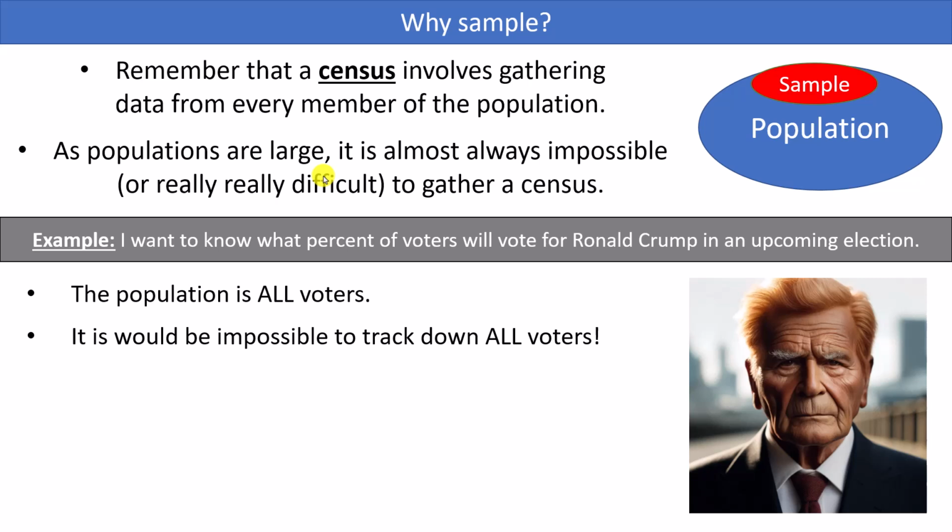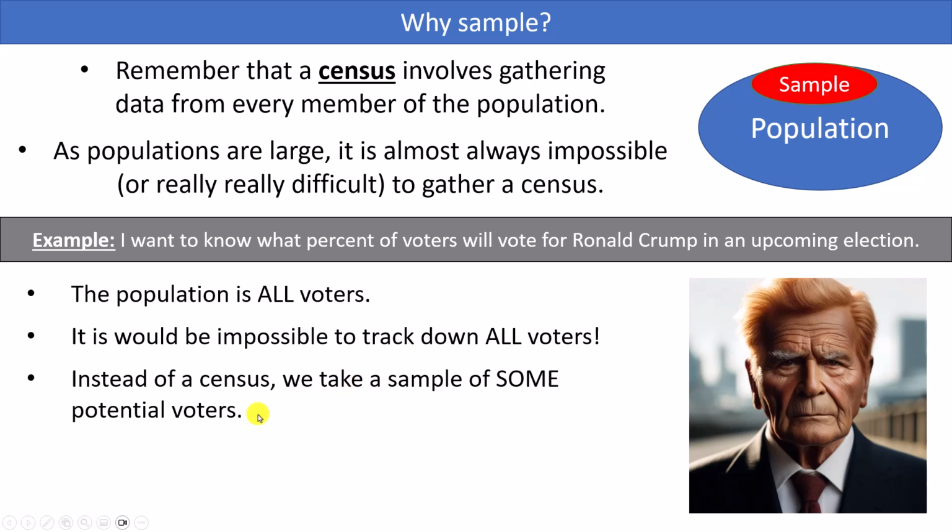But I guess the point here is we want to be able to predict what that outcome would be ahead of time. Can we know a month ahead of time kind of what it's looking like? Is it looking good for Ronald Crump or good for his opponent? We want to know that, right? So instead of taking a census, we're probably going to be taking some sort of sample from the voters. We're not going to have every single voter. We're going to have a sample of maybe 1,000 voters or a couple thousand voters. And from that, we would hopefully be able to glean what % approximately are going to vote for Ronald Crump